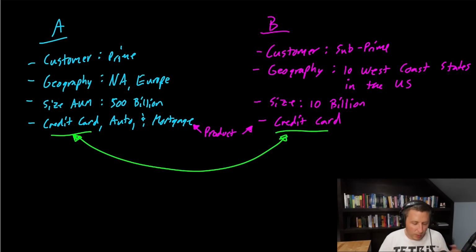You have credit card, which is what we're going to focus on. We're going to ignore the fact that they're doing auto and mortgage, but you have to realize they're probably pulling credit data from these customers and can share it across platforms. So if you already have an auto loan or a mortgage with this bank and now you're going to get a credit card, they have extra information on you. The data between these is not going to be the same. If I said I'm going to get a data set for credit cards from two different banks, they're going to be vastly different.